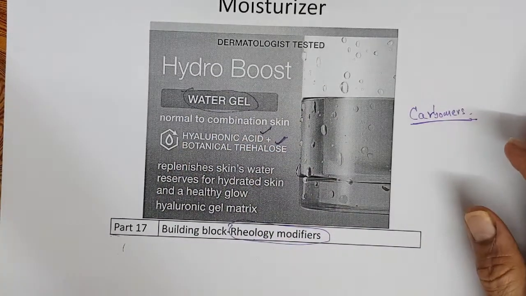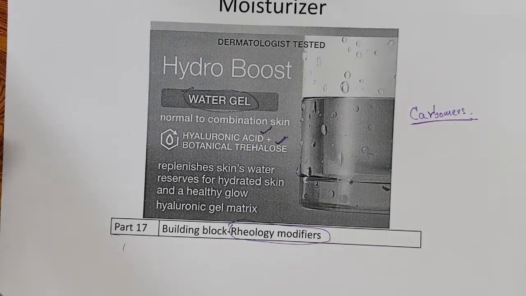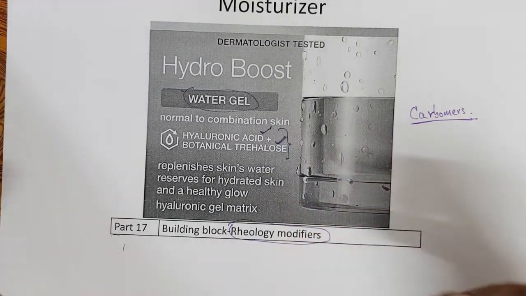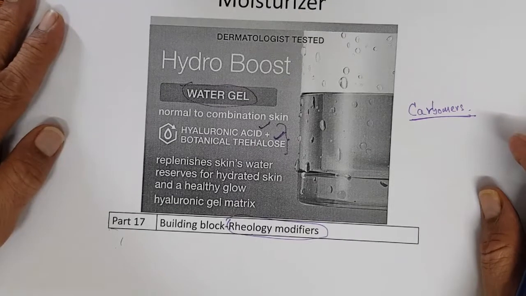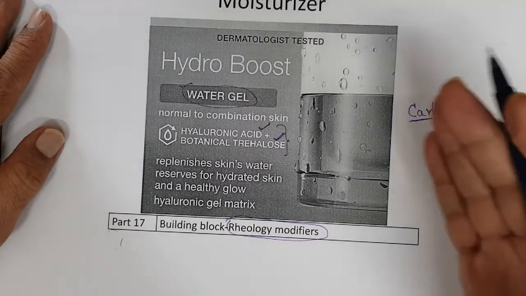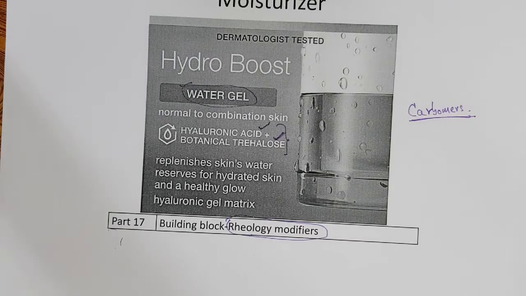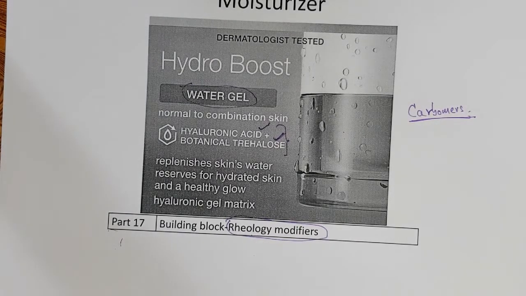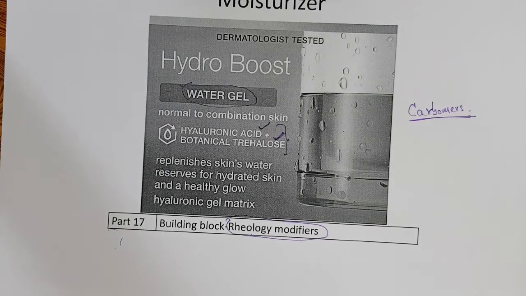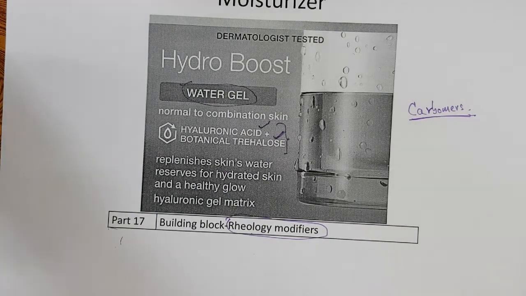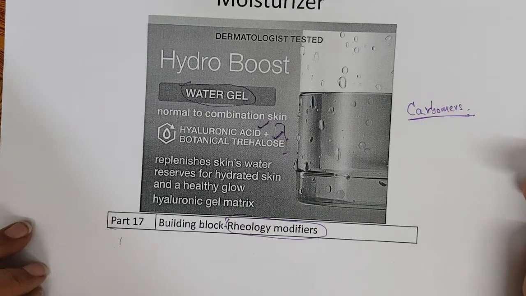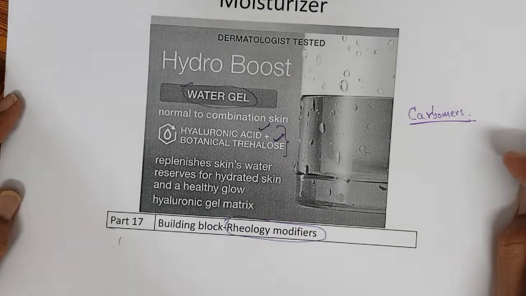So you have to use hydrophilic polymers and then you can add these actives, dissolve in water and gel it with the polymers, preserved and perfumed. This is the gel, Hydro Boost. So in this gel you can have different ingredients. You can have hyaluronic acid and aloe gels. You can introduce in this. So you can use this gel base to introduce various skin benefit actives, moisturizing actives. So this is what I would like to share with you on moisturizers.